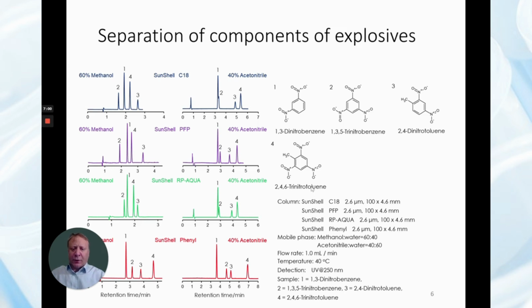Let's go down a little bit to the bottom. We'll see the SunShell phenol column. And so if you look at this, the elution order is a little different to that of the C18 column. The phenol phase shows a pi-pi electron interaction. So the 1,3,5-trinitrobenzene, peak number 2,